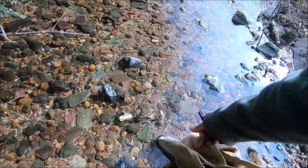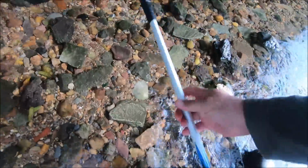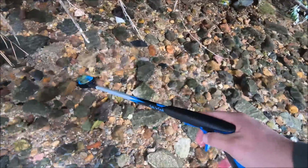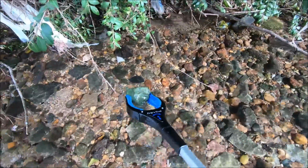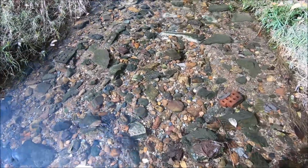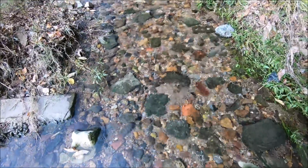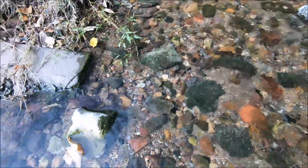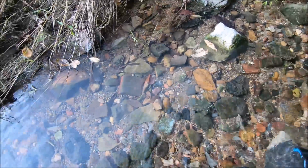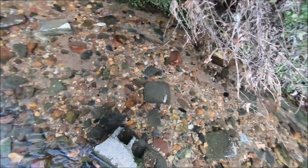What you want to do is fold it up without poking a hole in your finger before you shove it into your man purse. And there's a nice piece of green slag right there. I just picked up another one of these things. I scratched the daylights out of it right there. It is copper. What is that? Any idea? If you are an electrician,